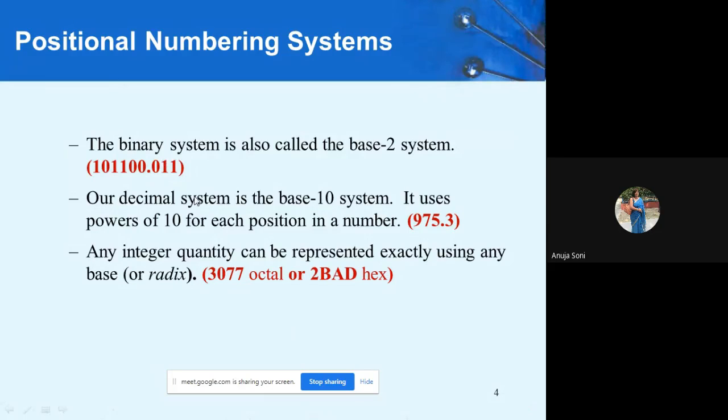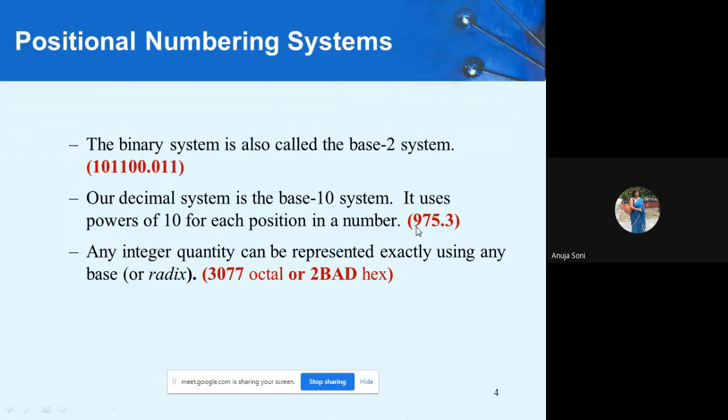Like here we do have a number given in front of us. So can you tell me which number it represents? It is 101100.011. So by observing, we can see that this entire number is framed using either 0 or 1. It is a concatenated series of 0s and 1s. So obviously this number is represented in the binary form.